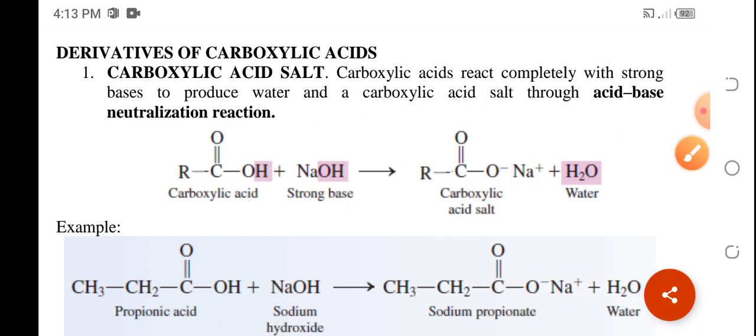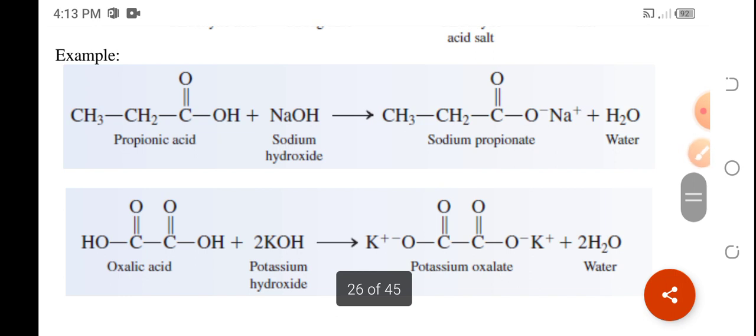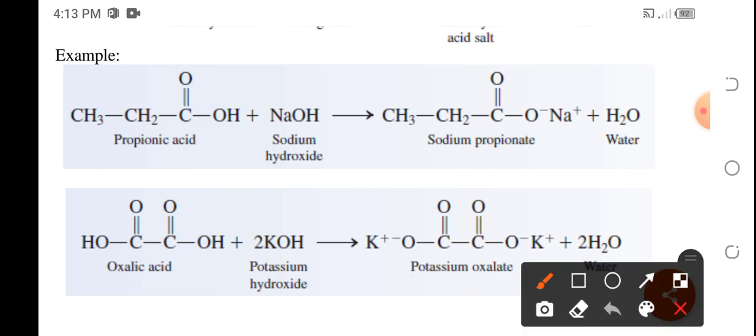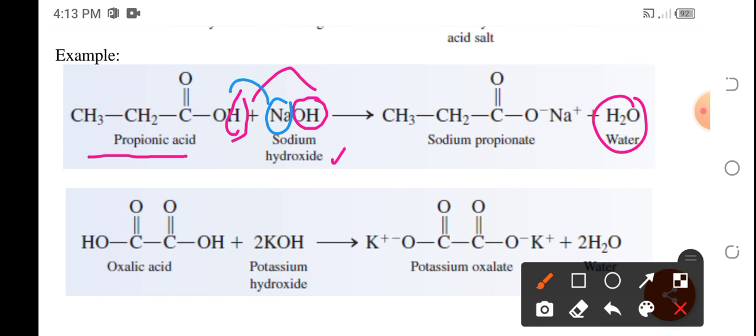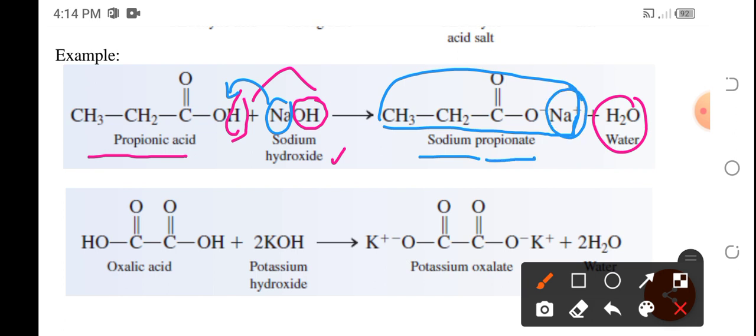So what are examples of these carboxylic acid salts? This could be produced from the reaction of a carboxylic acid, for example propionic acid, reacting with sodium hydroxide. Mechanism: hydrogen will be removed from the propionic acid, and the hydroxyl group will be removed from the strong base. These two will form a bond and produce water. On the other hand, the sodium will then replace the hydrogen. So we're going to have a carboxylic acid salt in the form of sodium propionate. So this is the sodium part and this is the